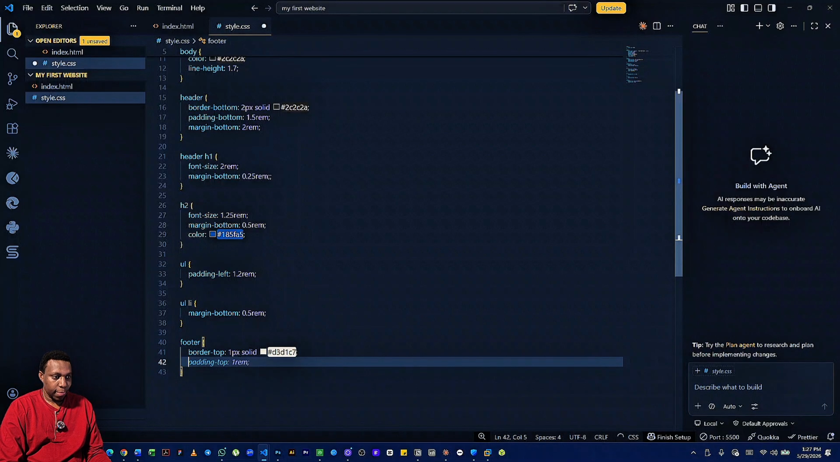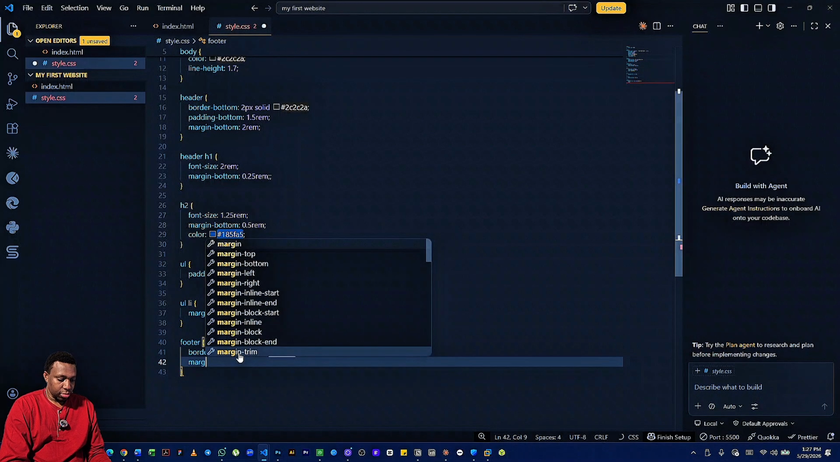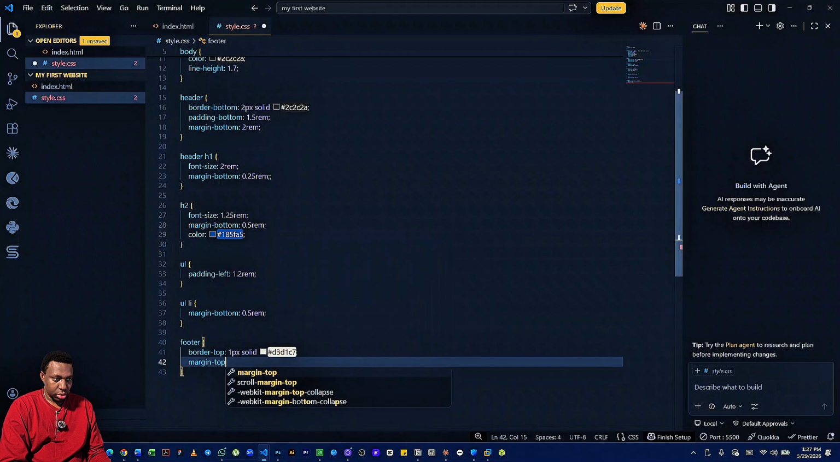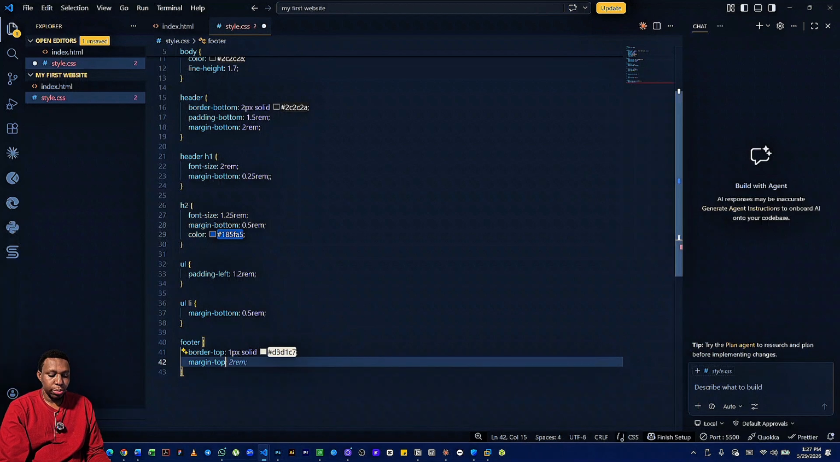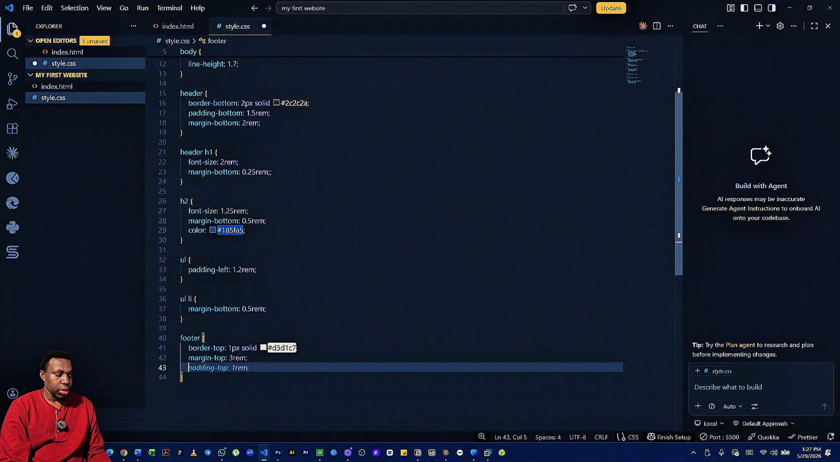And then margin top. So for this, everything is going to be at the bottom, so we want the spacing to take effect at the top. So the space before the element. So margin top of 3 rem, and then